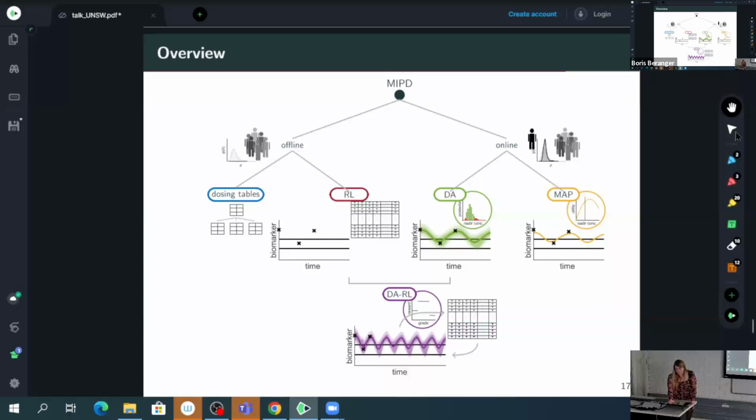Just to finish up, I wanted to show you another really interesting application that we're currently working on. What you see right now here is a graph about model-informed precision dosing, and it shows you the state-of-the-art methods that are out there. And I don't really have time to go into a lot of detail, but what you have to imagine right now is a physician that is dosing you for any kind of disease and giving you some kind of drugs,